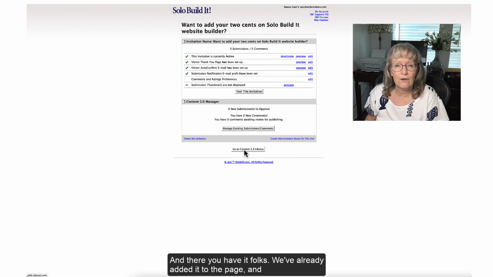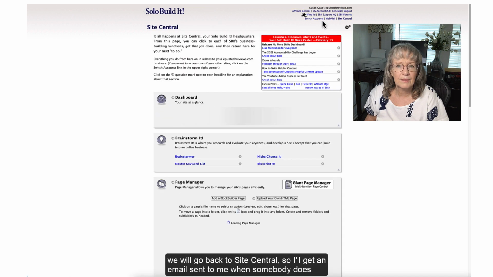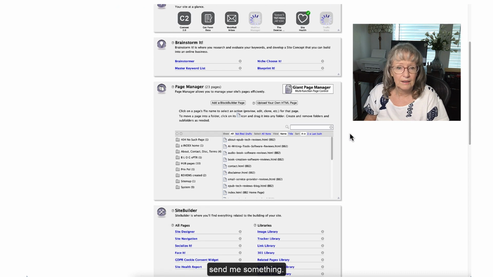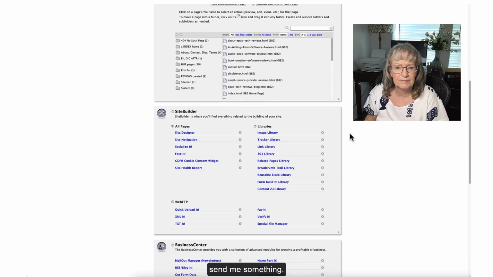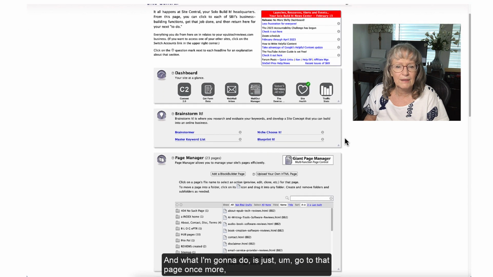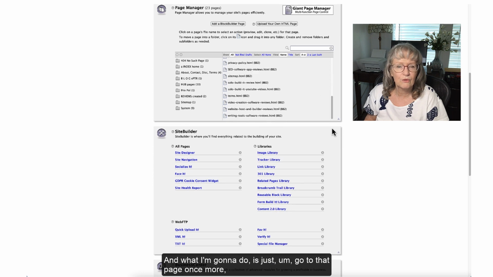And there you have it, folks. We've already added it to the page, and we will go back to Site Central. So I'll get an email sent to me when somebody does send me something. And what I'm going to do is just go to that page once more.